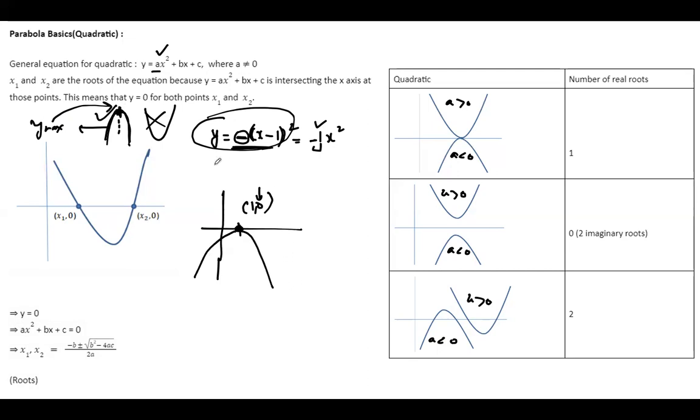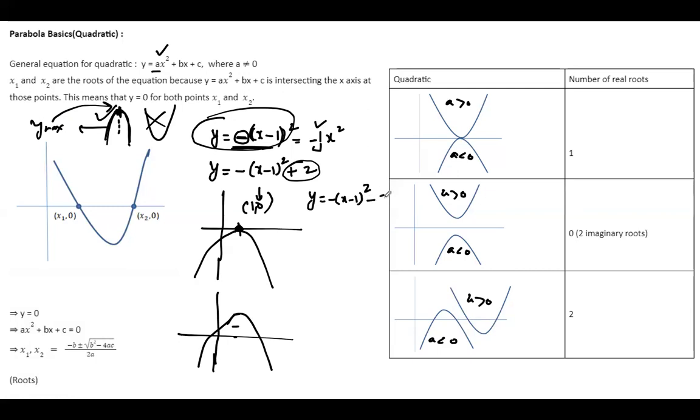If I am saying that I want to draw a graph of minus of x minus 1 square plus 2, what should I do? Shift upwards. I need to shift by 2 units. The graph will look like this. If I want the equation of the graph y is equal to minus of x minus 1 square minus 2, what should I do? It will shift downwards